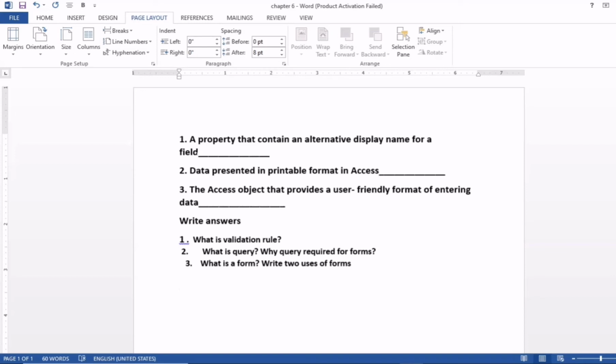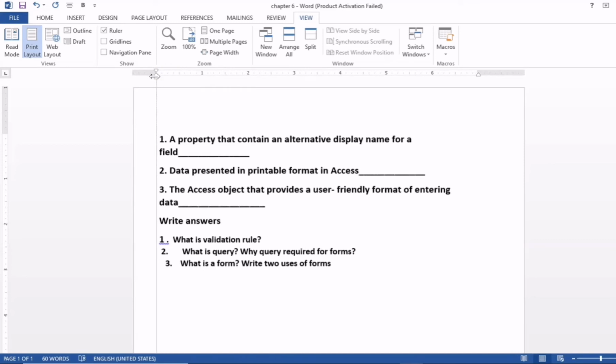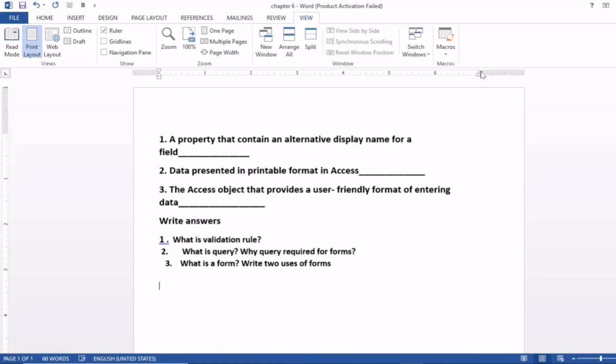Okay, the second way is to select the page setting. You can click on the view tab, and you can see here ruler. This is already on. If this is off, you can click here and it becomes on. You can see this ruler appears here, and if I click here, you can see this arrow appears, and if I drag this arrow, you can increase or decrease the size of the page. Same on this side, you can increase or decrease the size of the page. Okay, so these are two methods to increase or decrease the size.